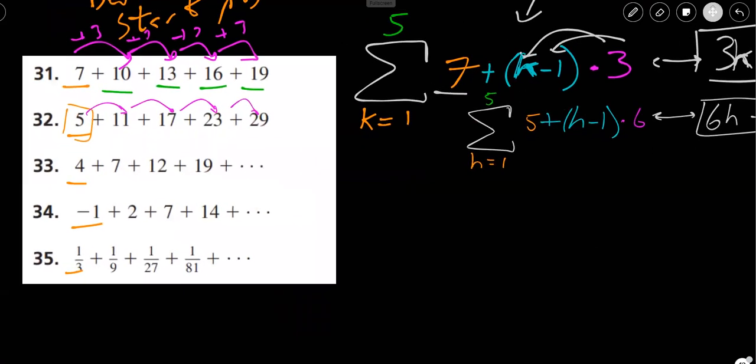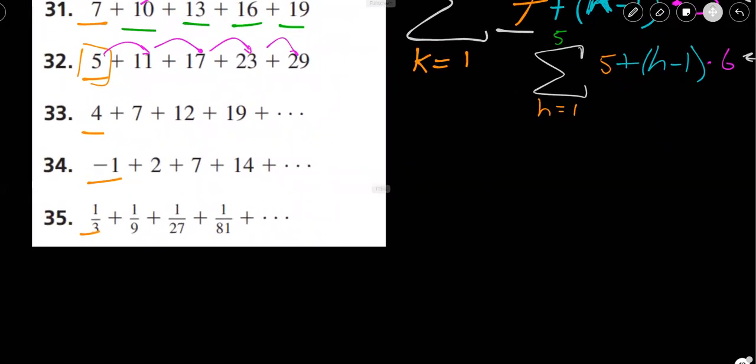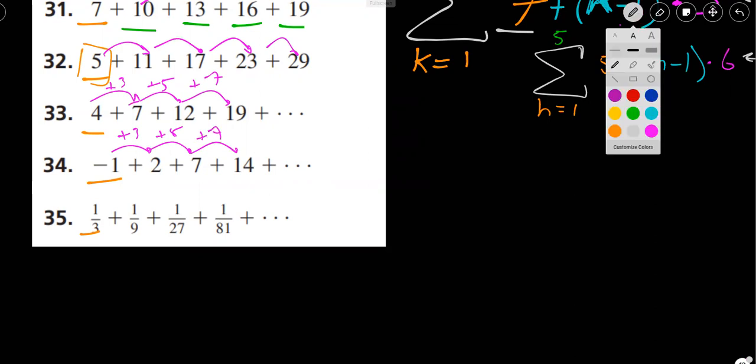All right, 33, 34, and 35. 35 is actually pretty straightforward, but 33 and 34 are kind of weird. If I look at these, I'm not adding a specified amount each time. I increase by 3, I increase by 5, I increase by 7. Same idea here. I'm adding 3, I'm adding 5, and then I'm adding 7. Well, what's happening here, if I were to try to relate these,